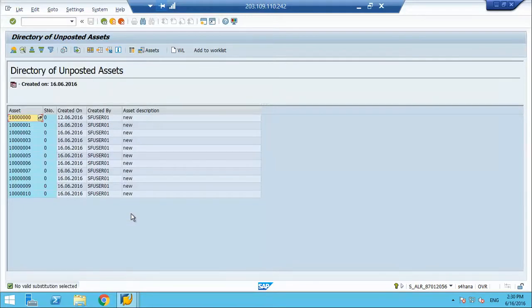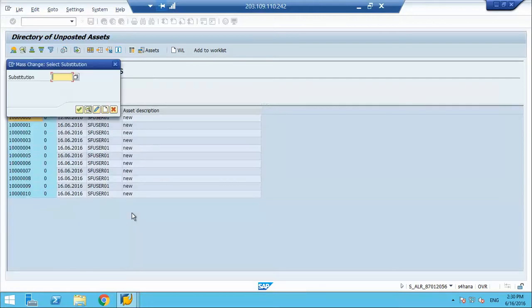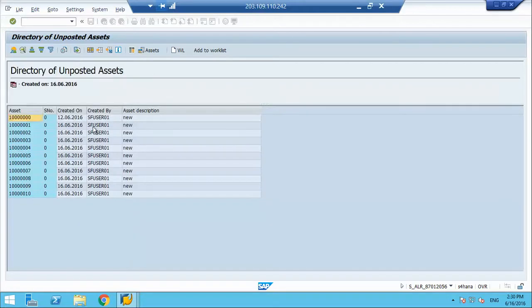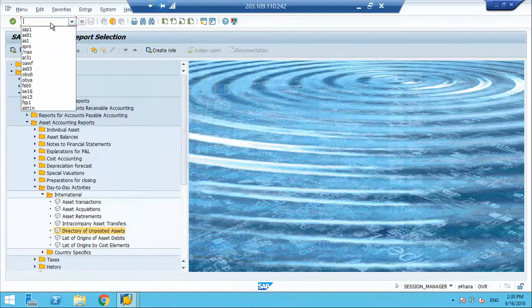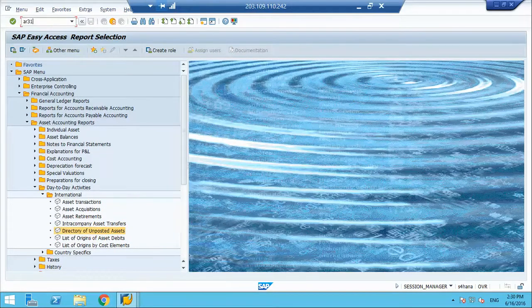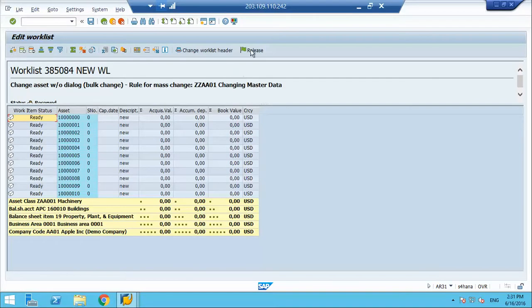I give the name, change assets. Now I should go to AR31 and release my work list. Released. Okay, so now the moment it is released,